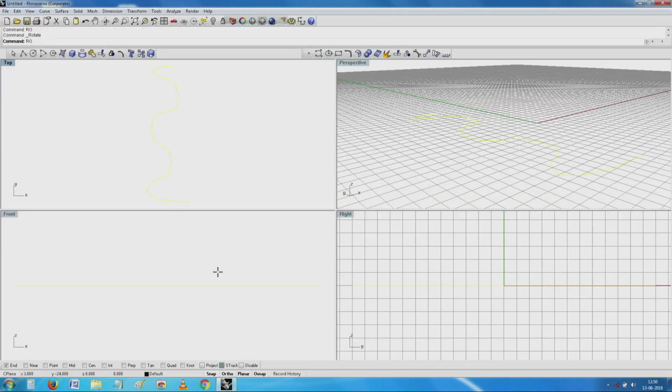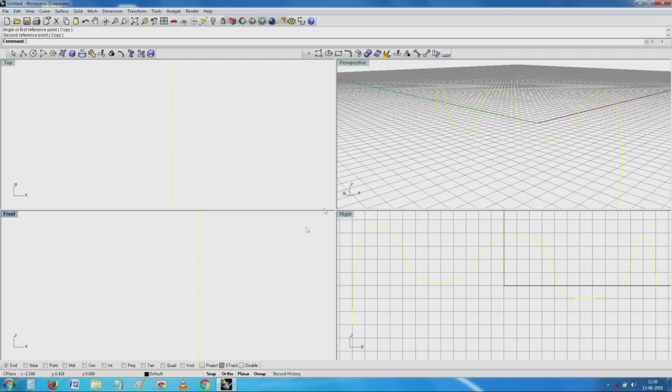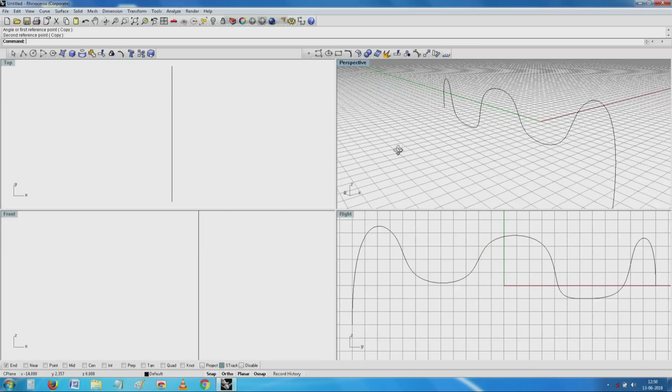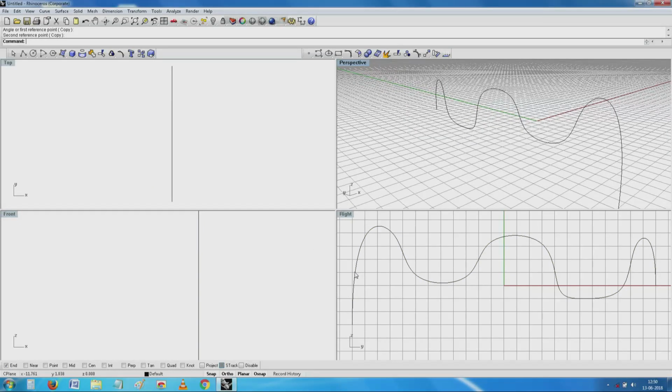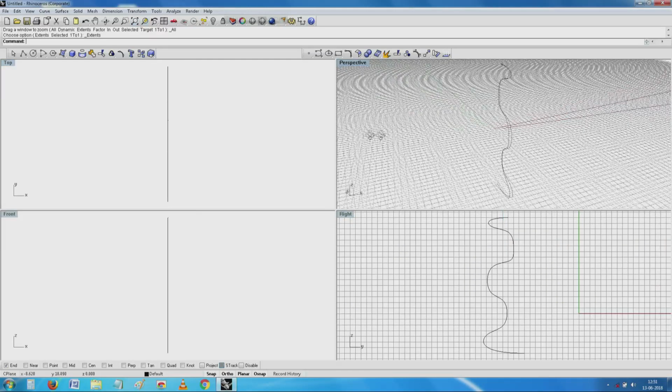I will try to rotate it from one end. Oh, still not the direction I was looking for. Now at least it is better. This is what I was looking for.